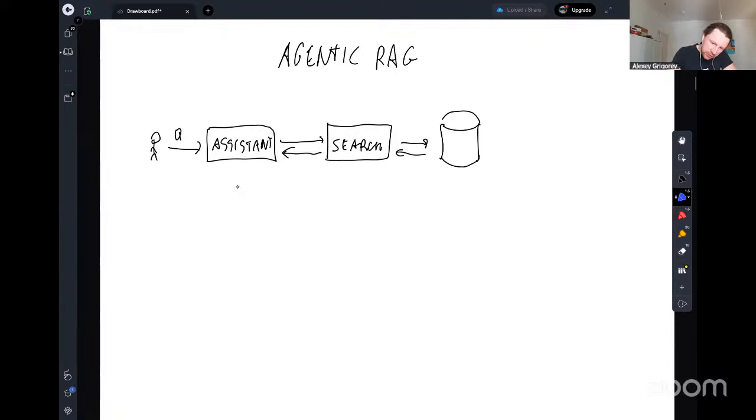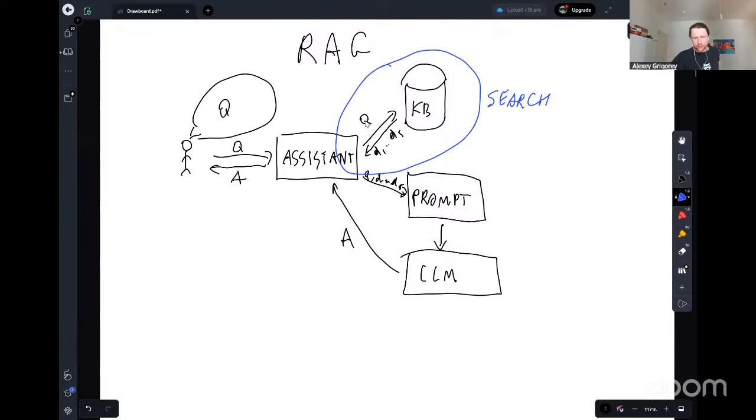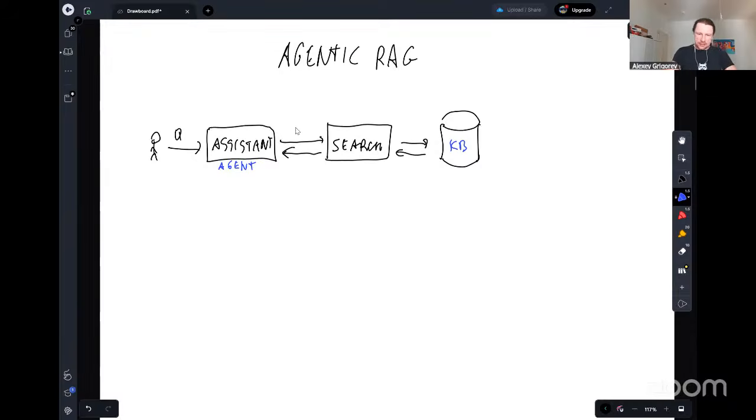So it's up to the agent to decide how to invoke the search function, how many times, with which arguments. So if previously we were always hard coding this Q as the query to our knowledge base, here it can send some sort of variation like Q prime or whatever, right? So some derived query, it will not necessarily use the same question here, right? So here again we have this part,